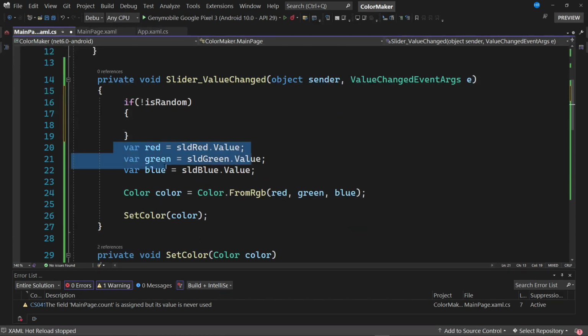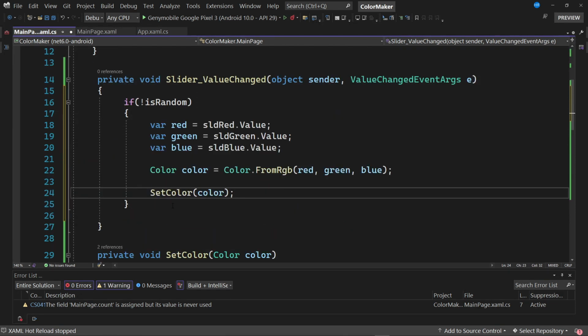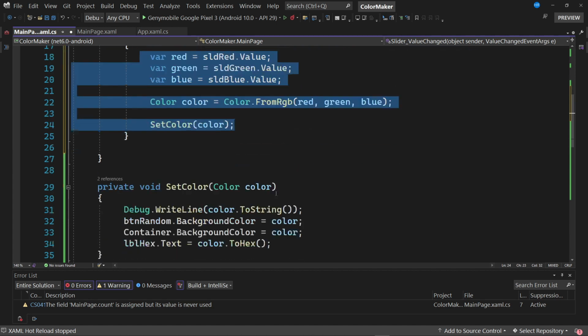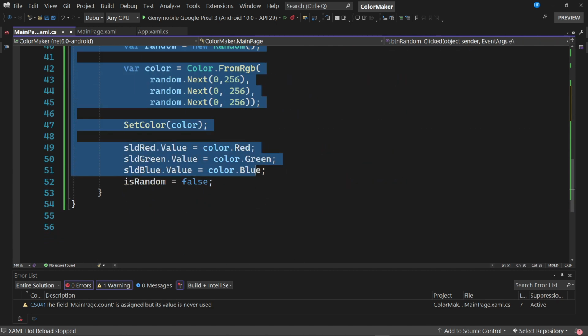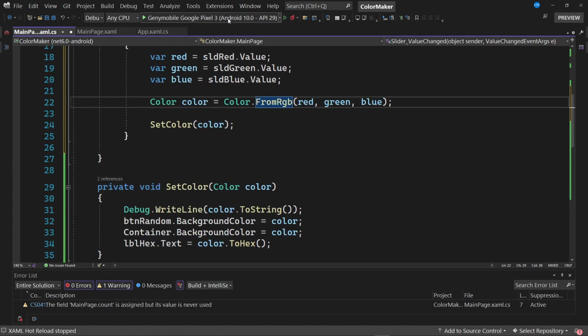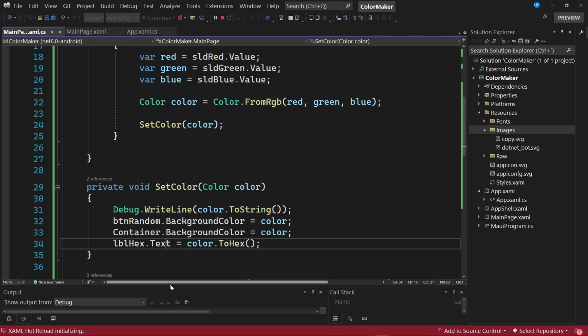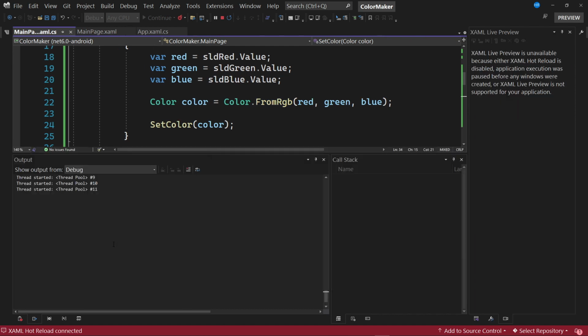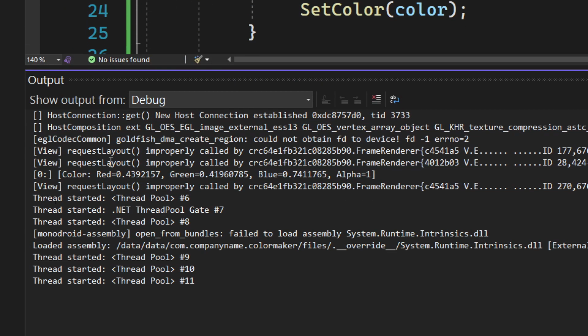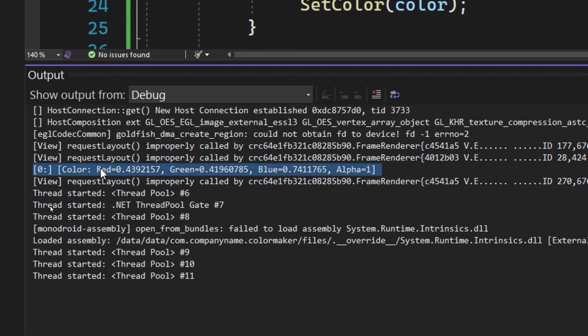Let's cut this code inside the if, and this way we're going to make sure that this code is only going to be executed when we have not fired the clicked event. Let's start once again the execution of the application. I click on this button, let's go to the output, and you can see that we are already executing the method only once, with which we have solved this problem